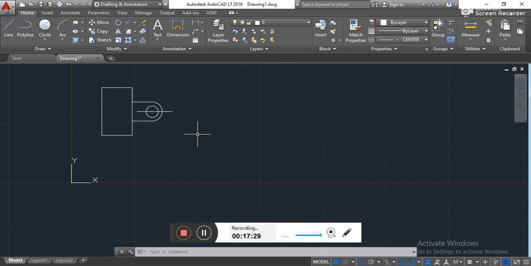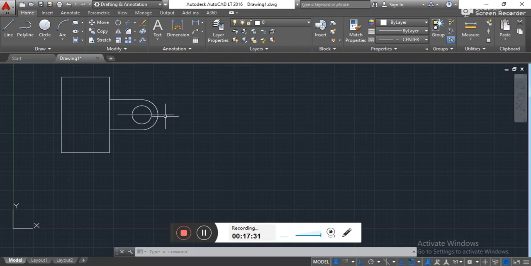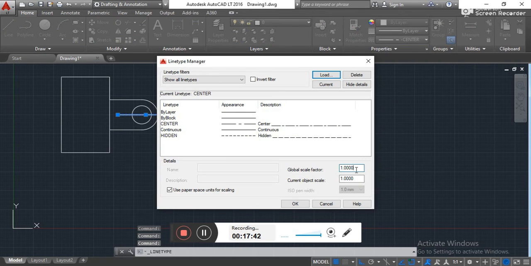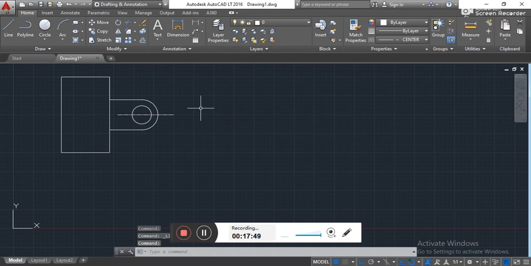For clear identification of whether this is a center line or not, you have to click again, go to center, other, and change the scale for that. Let's take the scale as 2. Okay, so now it's a little bit visible.